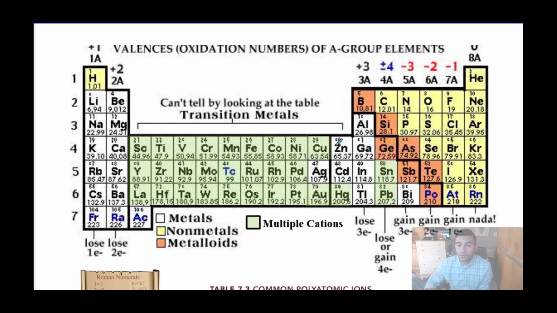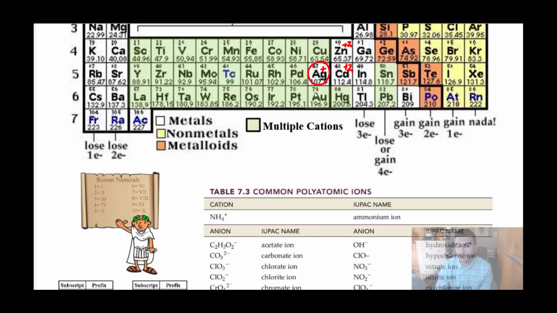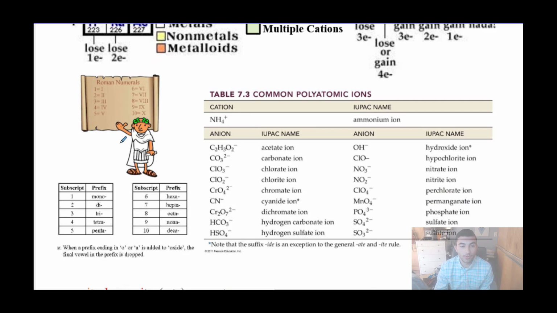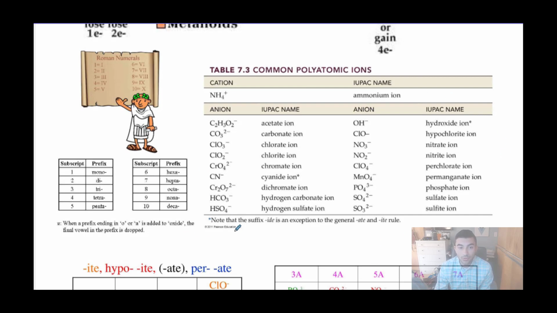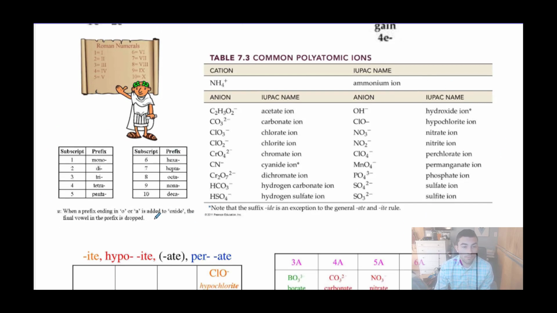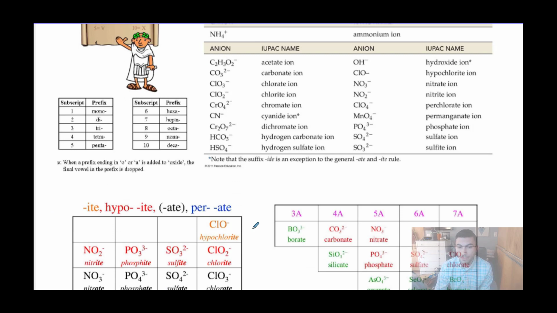And just to recall, zinc, cadmium, and silver are exceptions. Silver always forms a +1. Zinc and cadmium always form +2. So they're in the transition metal group, but they don't get a Roman numeral because they do form a common cation all the time. You should know your Roman numerals and the numbers they correspond to for naming those transition metal compounds. Here are the polyatomic ions you will be responsible for, the covalent prefixes when naming those compounds, and